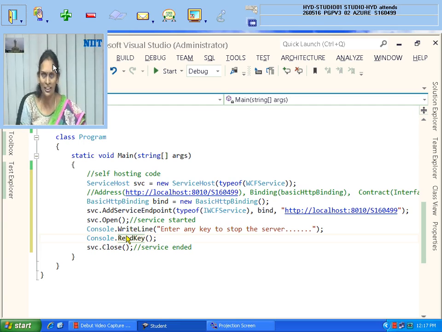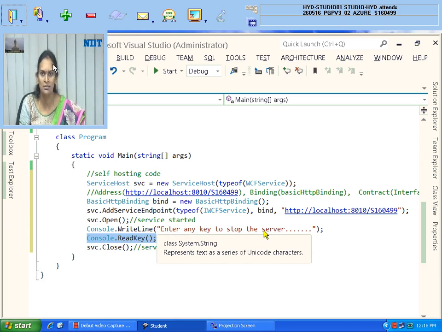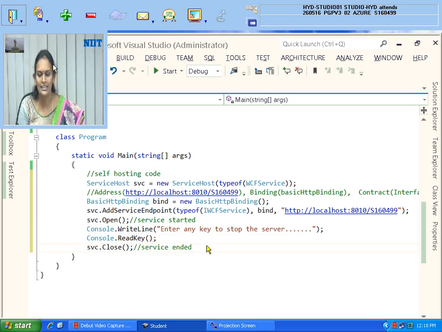That is the advantage. If you don't give this, service starting and closing will also be done, because the computer is too fast; a fraction of a second is not even required to execute the statement. As soon as you start the service, you close it. So I want to keep it in the open state until the user presses some key. If you want to stop, you press some key. Are there any doubts in this? Please tell me.